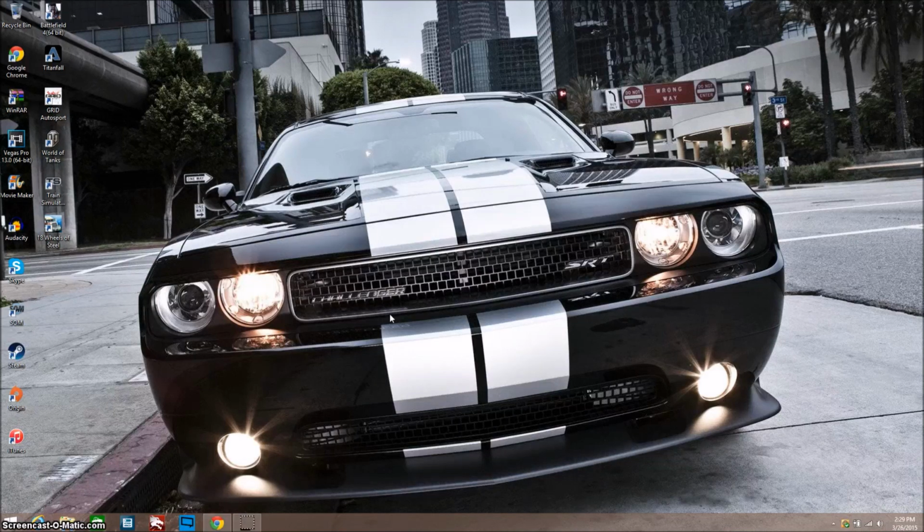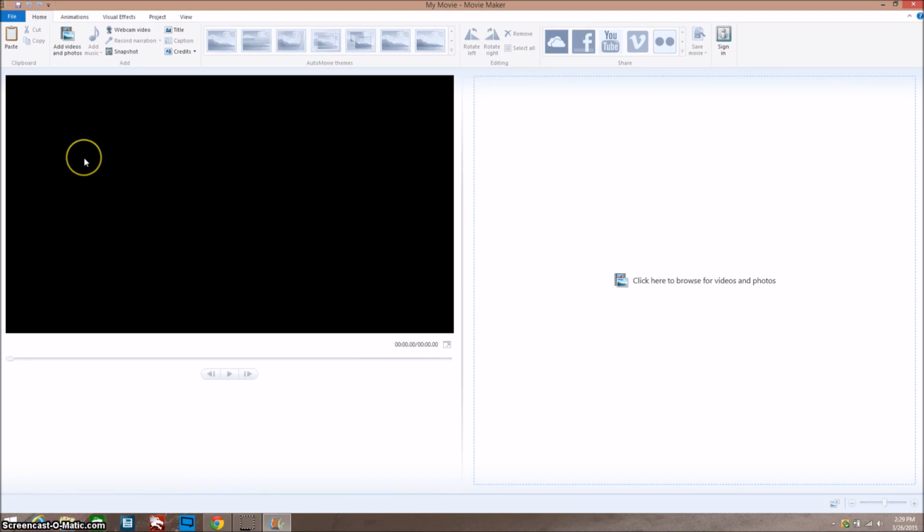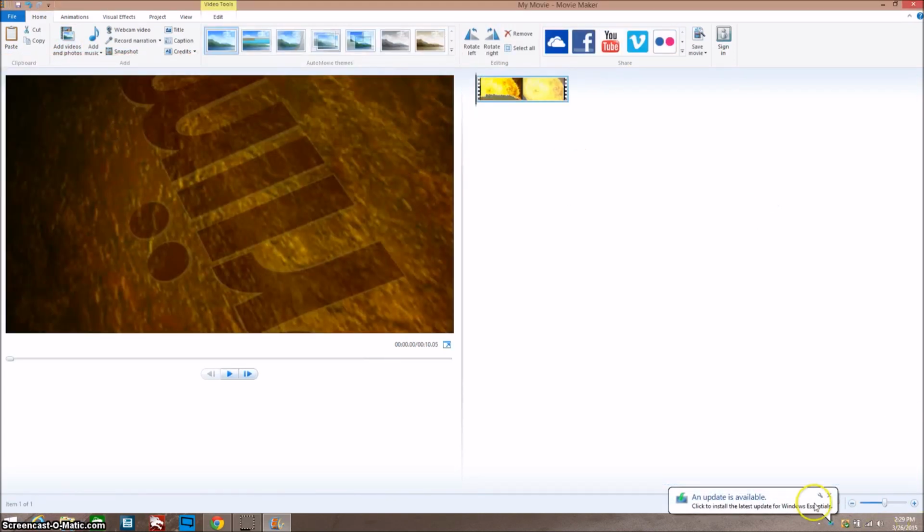Now these are going to be pretty basic effects. They're not going to be as complicated as my other two, but yeah, the first thing you're going to do is open Movie Maker. If you already have your song and clips picked out, that's good. I recommend having a folder designated for that only, but I don't because I just have so many clips on my computer. So, okay, I actually have an intro, so I'm going to add my intro first,